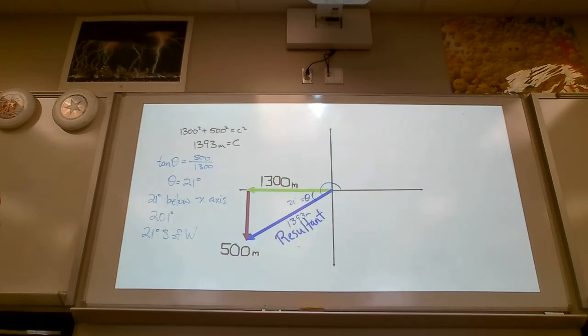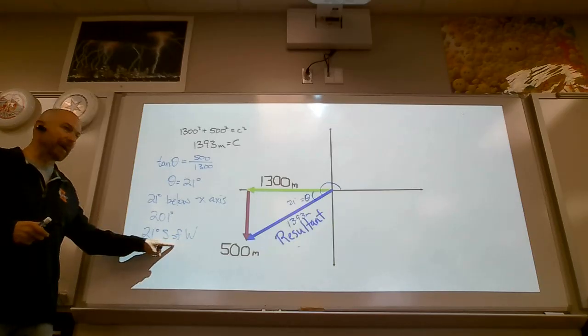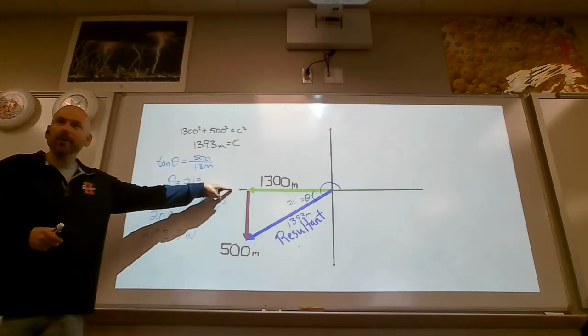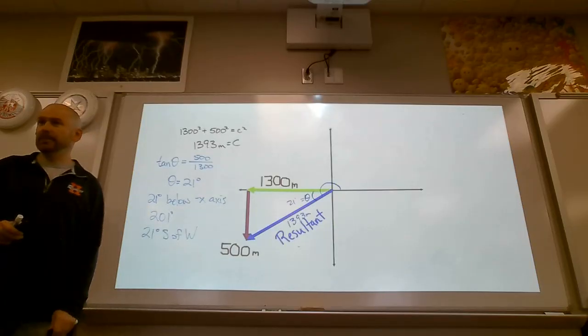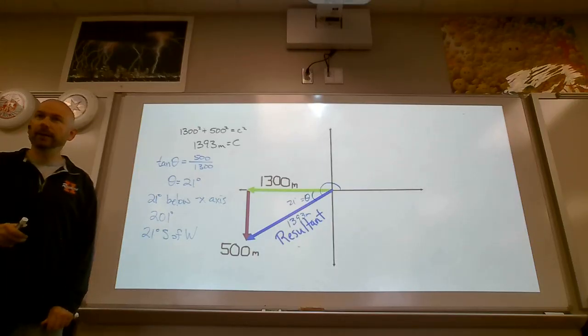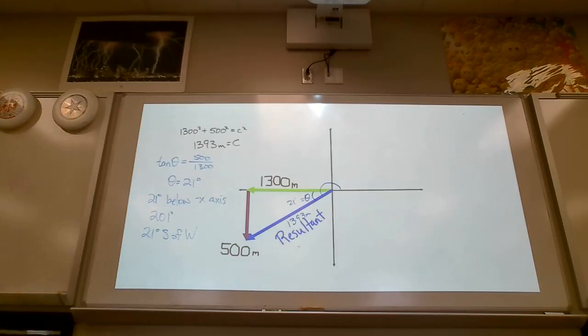Okay. Here's how you unpack this. This is probably newer stuff. You read this backwards. You start with west and you go south. How far? 21 degrees. You okay with that? Any of these is correct. Okay? If you're in math class, I'd stick with this. That make sense? Okay. Now,